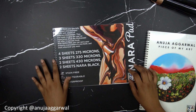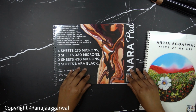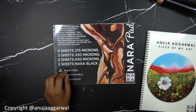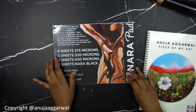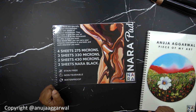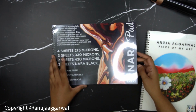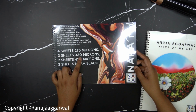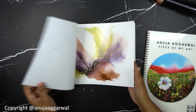Mostly when I work, I use the 275 microns paper for almost everything. But I have noticed that beginners find it slightly difficult to work on this weight of paper because it warps a little bit when you provide it with a lot of heat. So I will do a demo of that as well, how it warps a little bit. In case you're a beginner, I would recommend a 330 micron paper more,